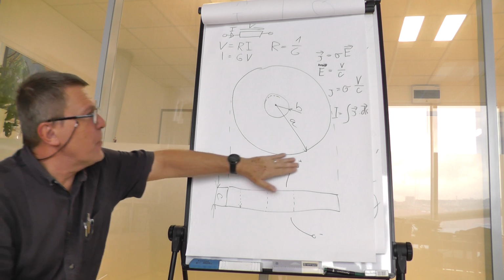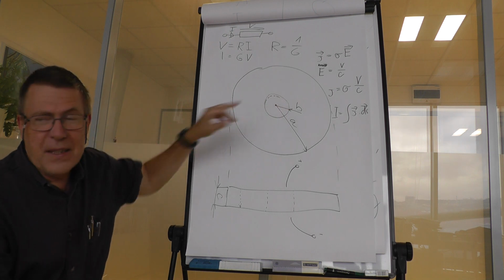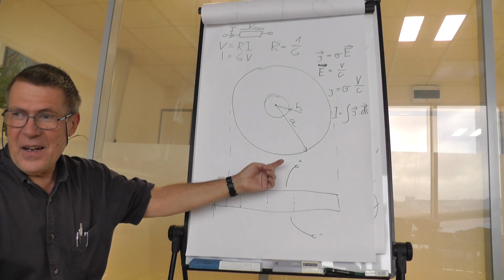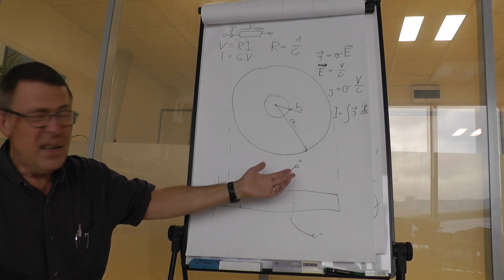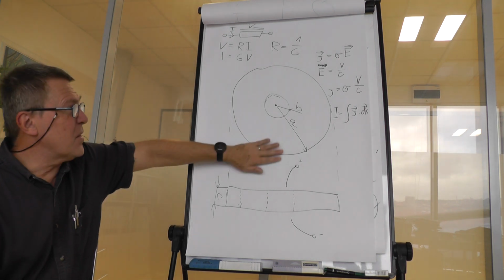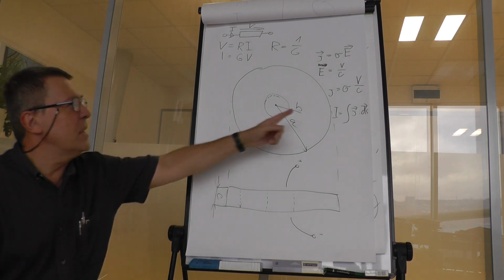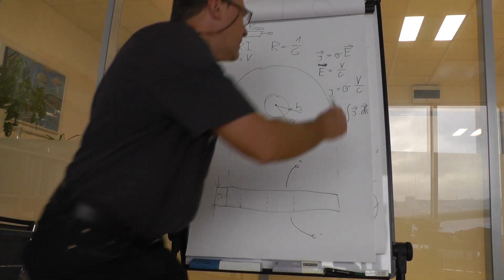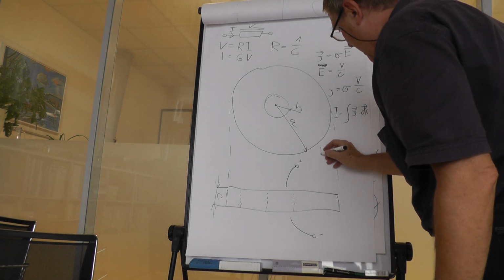Well, it is the surface of this circle minus the surface of the circle that has been drilled off. So the surface of a circle is pi r squared. So that's pi a squared minus pi b squared. That's the surface, the cross-section through which the current flows. And now I can put an equation for that current. It would be current density times surface, so that the total current I is